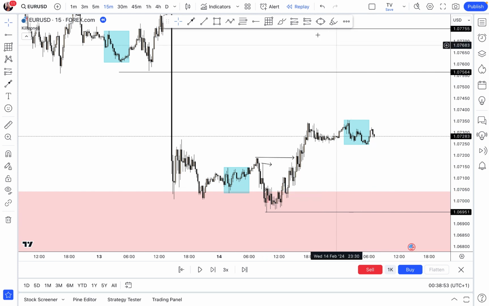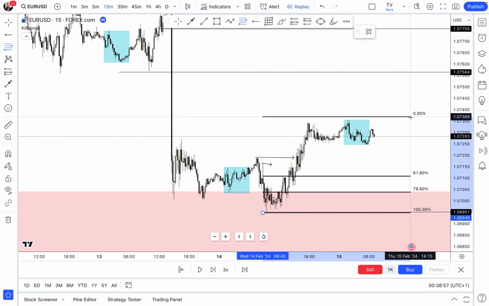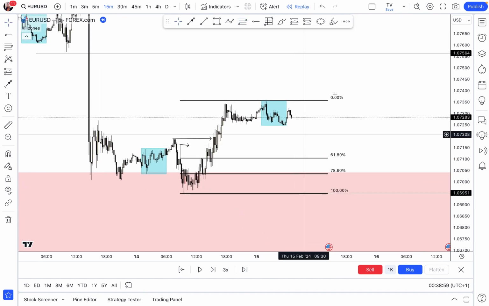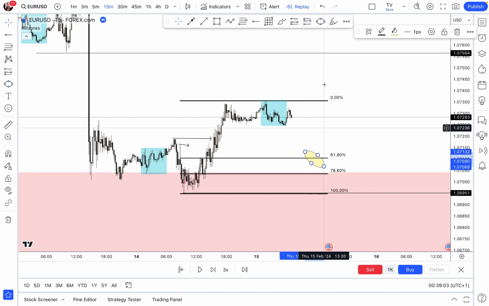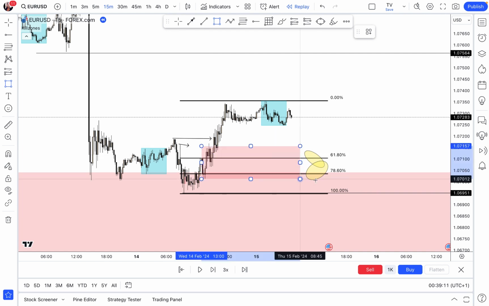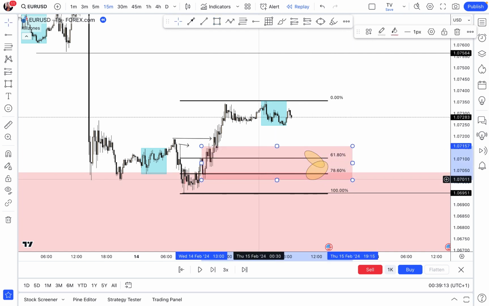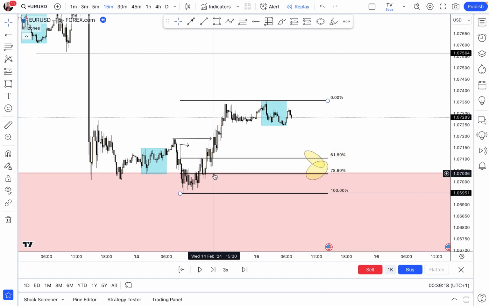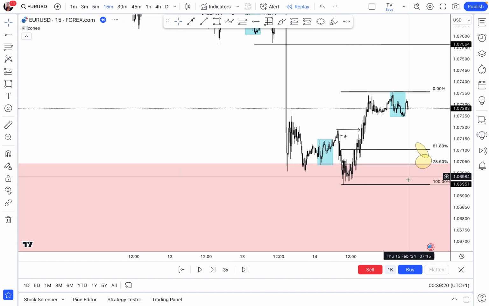So at this point in time, I took out my Fibonacci retracement tool from this low to this high. And as you can see, I always like to buy from discounted zones, 61% zones and 78% zones. So at this level, I'm looking at this side for how I can get into a buy trade. But as you can see, all of the price action at this level,